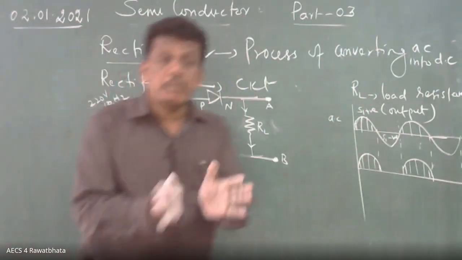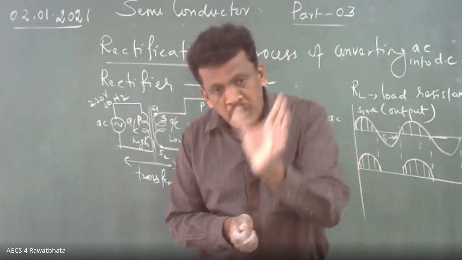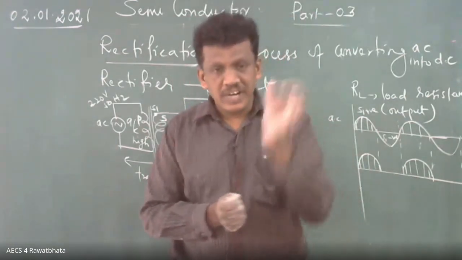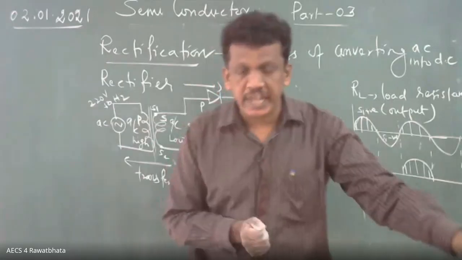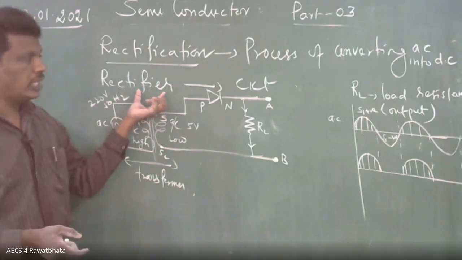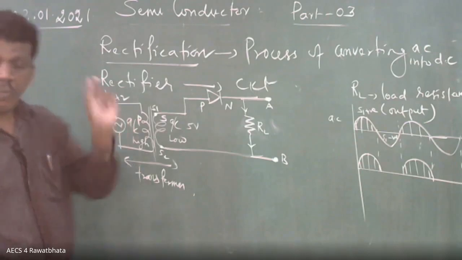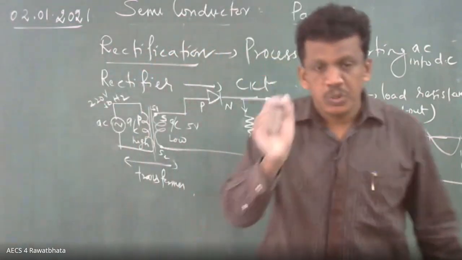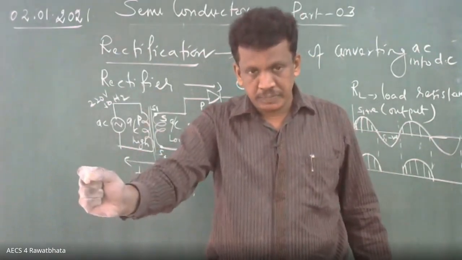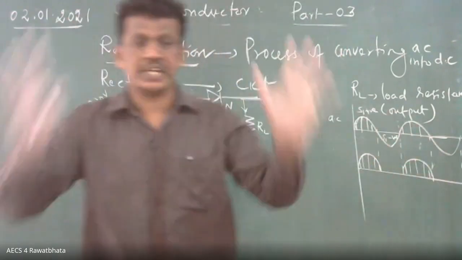Then what is the principle of rectifier? During forward bias, the diode conducts electricity; during reverse bias, it does not conduct electricity. Please, all of you write. Already you have written what is rectification. Next, what is a rectifier? You might have copied the circuit diagram. Now the principle you have to write: during forward bias, the diode conducts electricity, and during reverse bias, it does not conduct. All of you write.